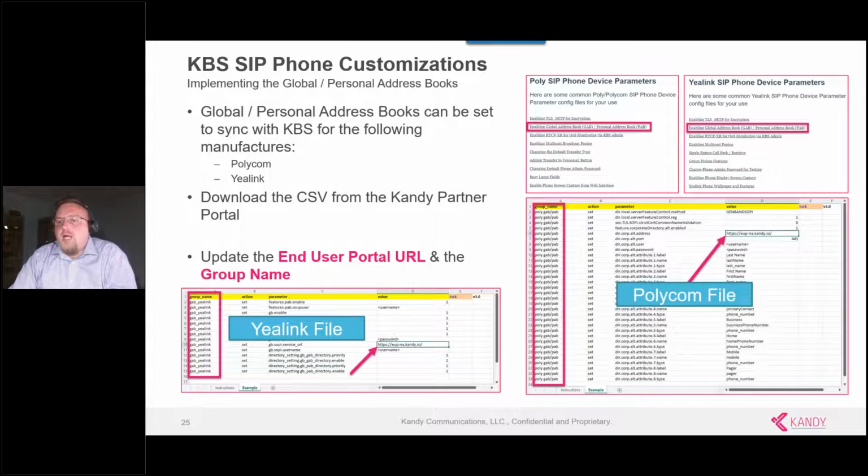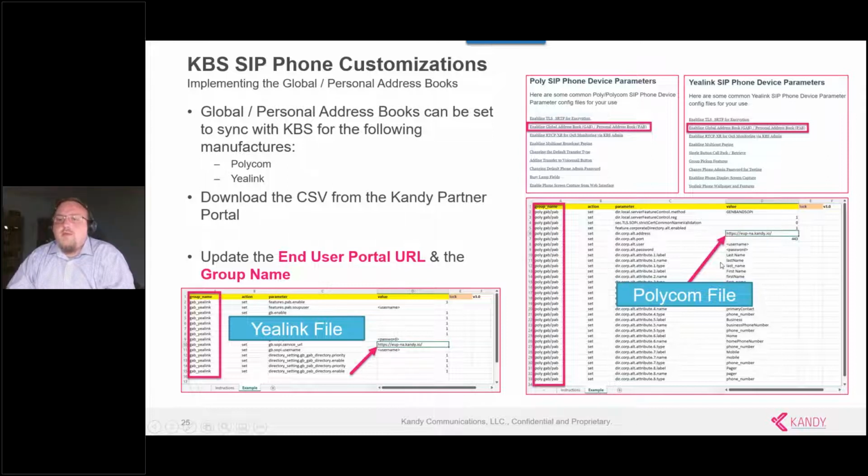All of this for Polycom and for Yealink devices is already out on the partner portal. So you can go through and download these CSV files and go through and implement these immediately for your SMBs. Again, for Polycom and for Yealink, the parameters are already out there on the partner portal for you. Once you download the CSV,